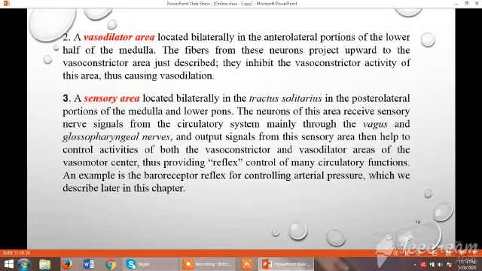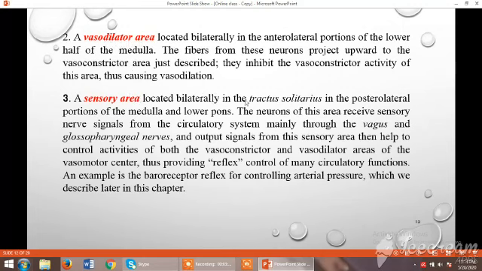Now the vasodilator area is located bilaterally in the anterolateral portions of the lower half of the medulla. The fibers from these neurons project upwards to the vasoconstrictor area just described. They inhibit the vasoconstrictor activity of this area, thus causing vasodilation. Actually what happens is that the vasodilator area just inhibits the functions of the vasoconstrictor area, and another area, a sensory area,